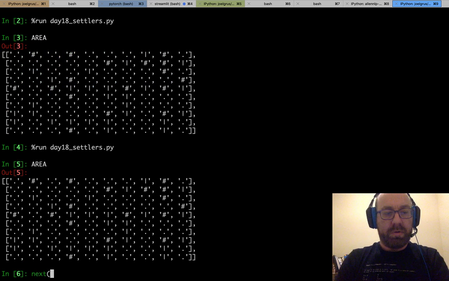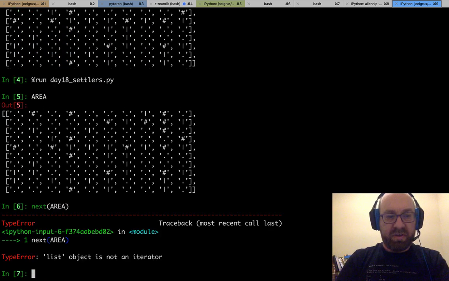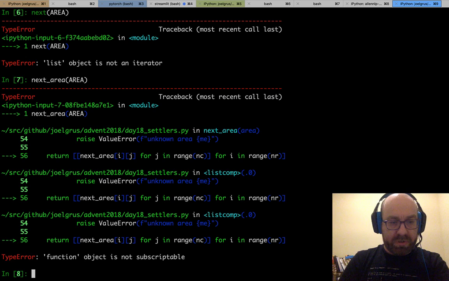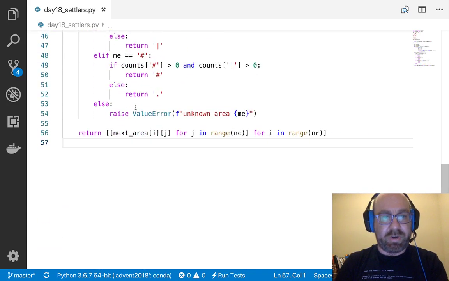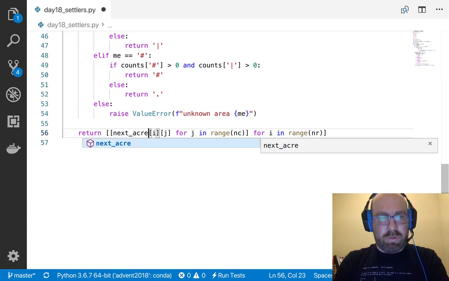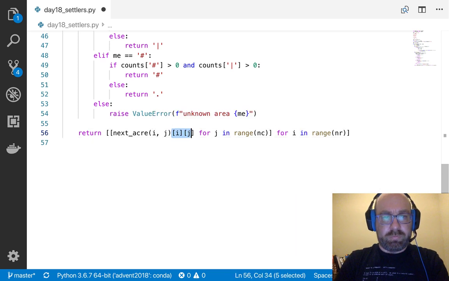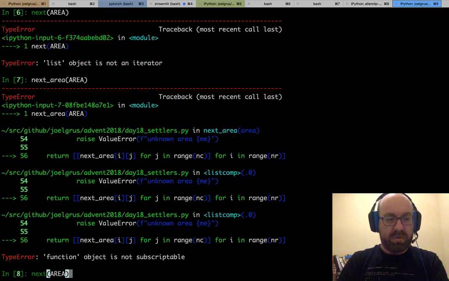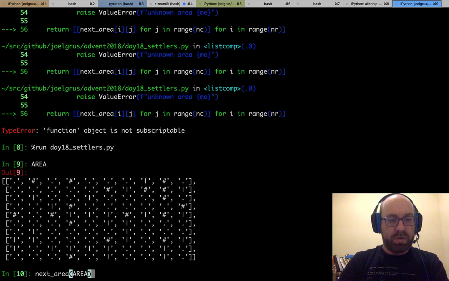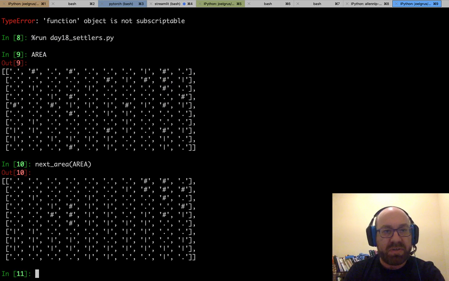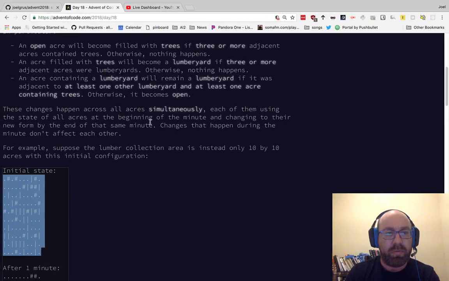Next area list object is not right, it's actually next area function object is not subscriptable, right, next acre ij. Okay, so let me try this again. Area, next area, area.